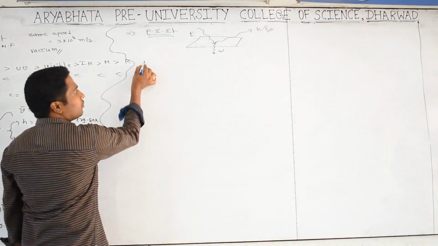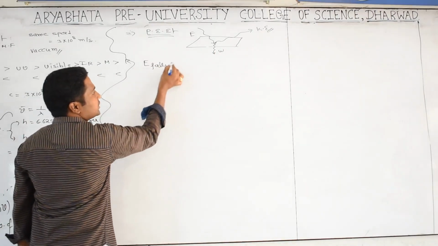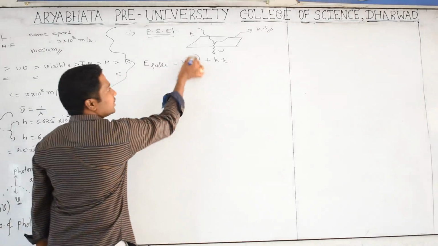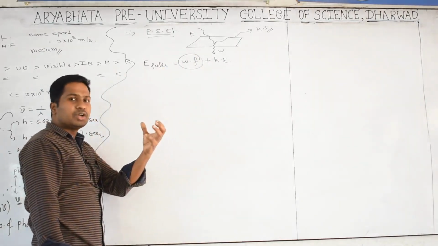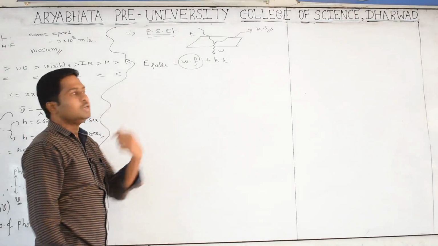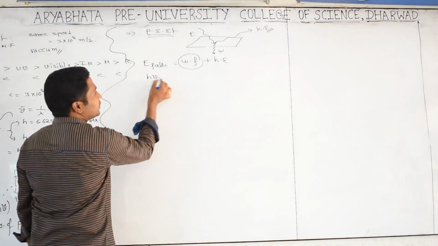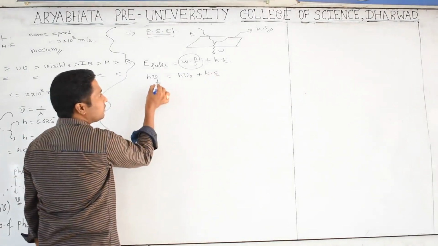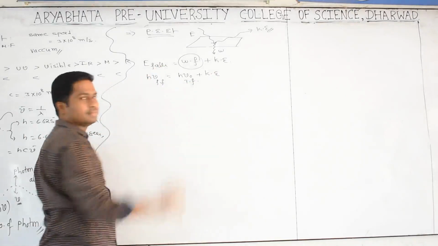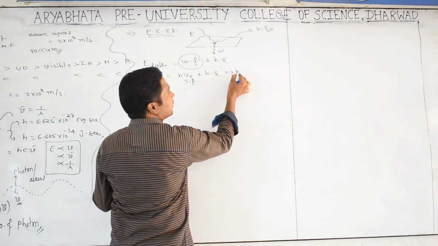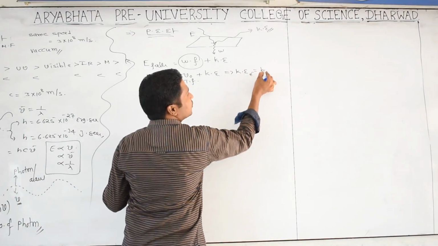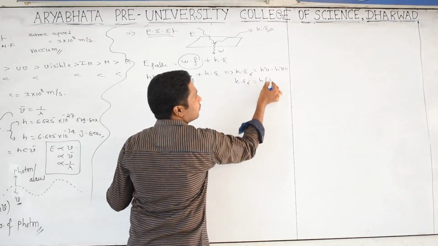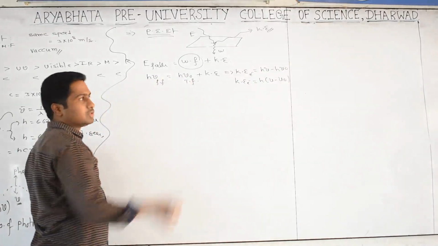So write down here: falling energy, E falling, is equal to work function plus kinetic energy. Work function means the energy required for an atom or electron to come outside. So E falling, h nu, is equal to work function, also energy, h nu naught, plus KE. This nu is the falling frequency and nu naught is the threshold frequency. Now I want the kinetic energy. The kinetic energy of the electron is equal to h nu minus h nu naught, so KE is equal to h times (nu minus nu naught). This is also an important formula.